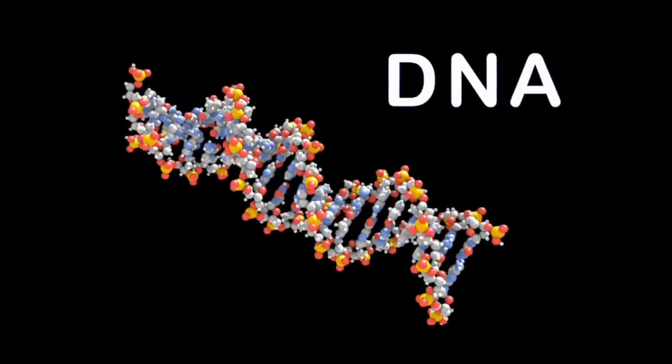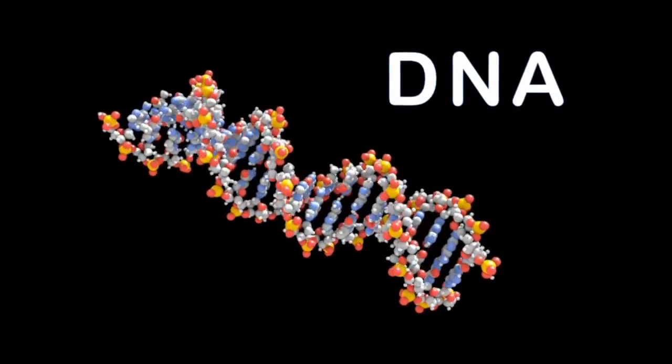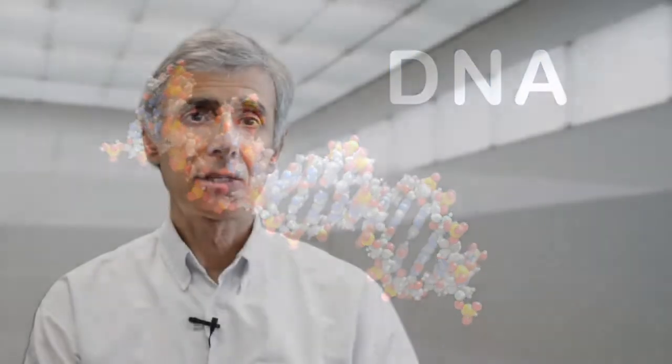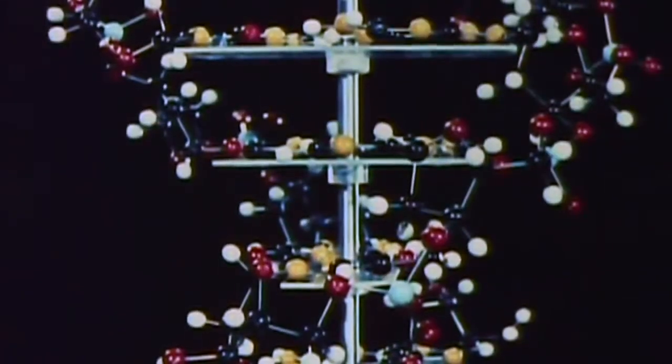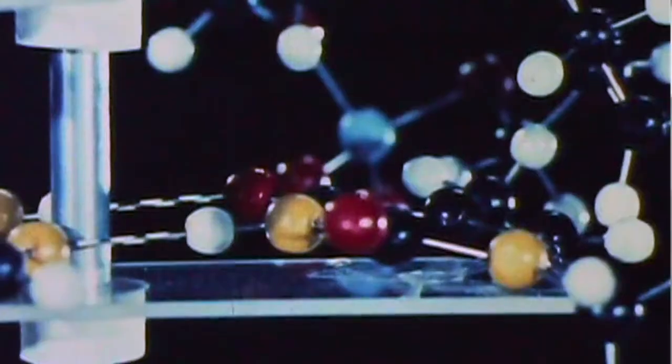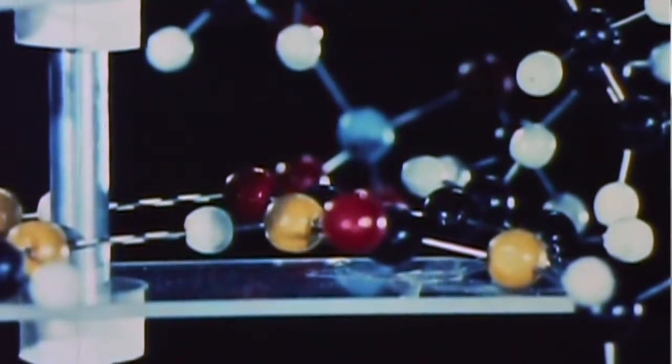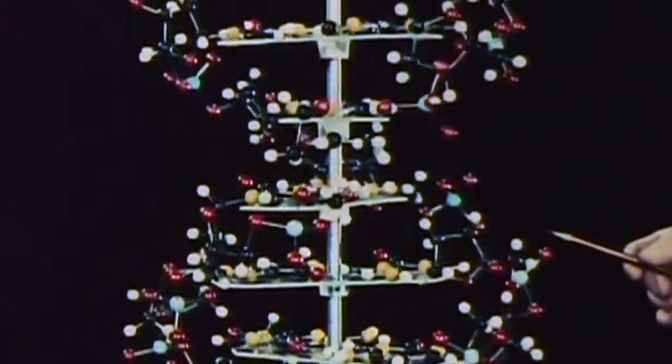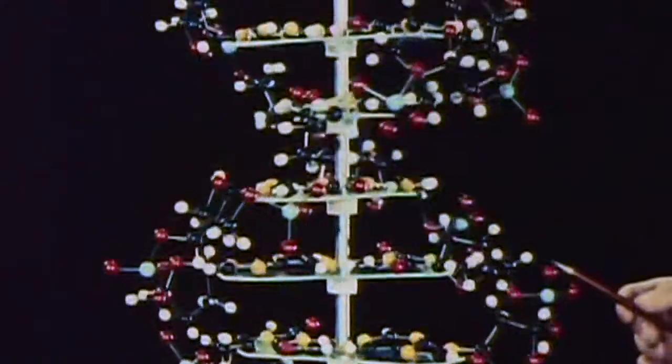DNA is the inherited material of life, and it is where genes are structured. We inherit half of our DNA from our mothers and half from our fathers. Within the DNA are the genes that encode for all the structures of the body. So the DNA is like a blueprint. Just like an architect has a blueprint for a building, the DNA is the blueprint for all the structures of